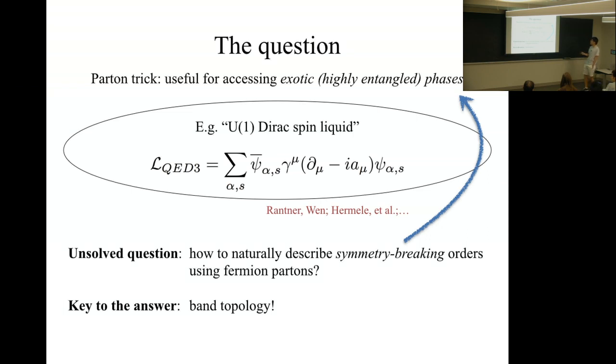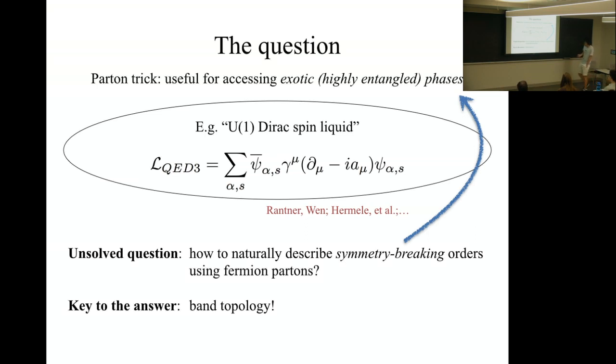Essentially, the idea is I have some fermions that couple to a U1 gauge field, so I can let the fermions do crazy things. Crazy but controlled things, like being gapless. They can form a Fermi surface, they can form some gapless Dirac fermions, and then at the end of the day, they couple to a U1 gauge field. From the underlying spin system point of view, those will be extremely interesting phases. One prominent example, which will be important later in this talk, is called the U1 Dirac spin liquid. That's a case where the spinon fermions form gapless Dirac fermions.